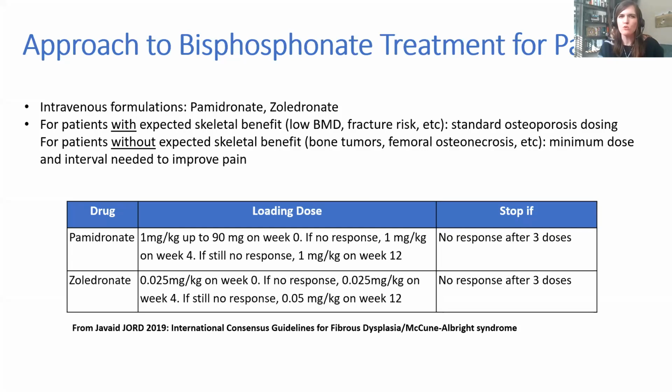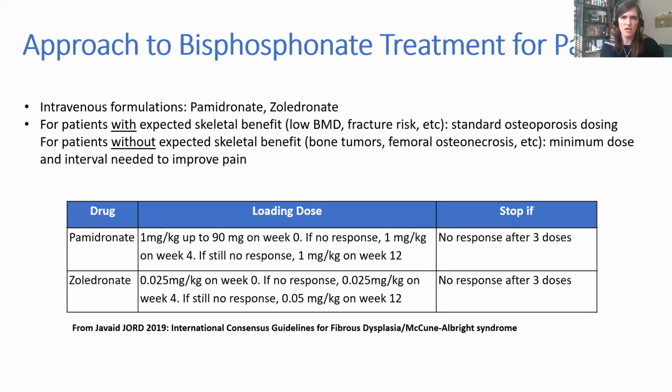For patients without an expected skeletal benefit of bisphosphonates, so patients who have bone tumors or femoral osteonecrosis, we want to use the minimum dose of bisphosphonates and the longest interval needed to improve pain, to minimize their overall bisphosphonate exposure. This table here was taken from international consensus guidelines in fibrous dysplasia, and it recommends starting with either